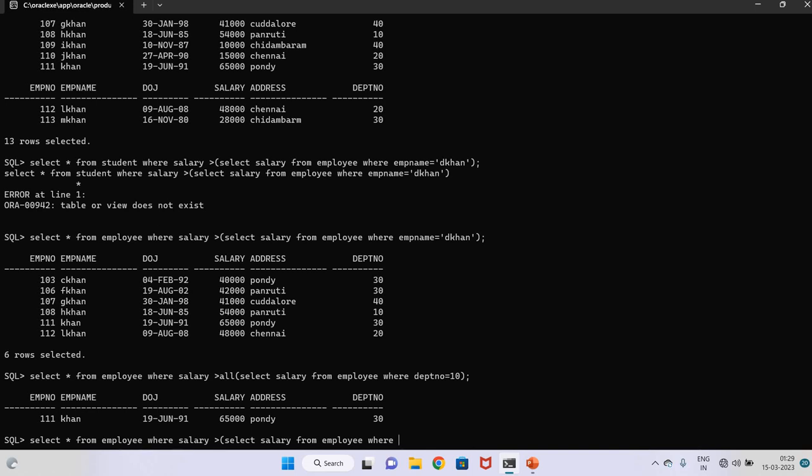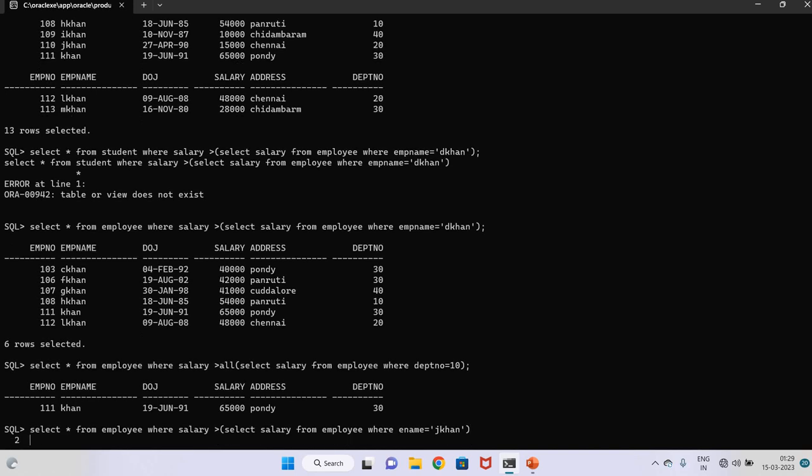where ename equal to jcon, and I am using the operator and based on address. Based on the address, we can't give it directly since we are using a subquery. So I am going to see the address should be same as kcon. So that's what I am going to do, and address equal to,